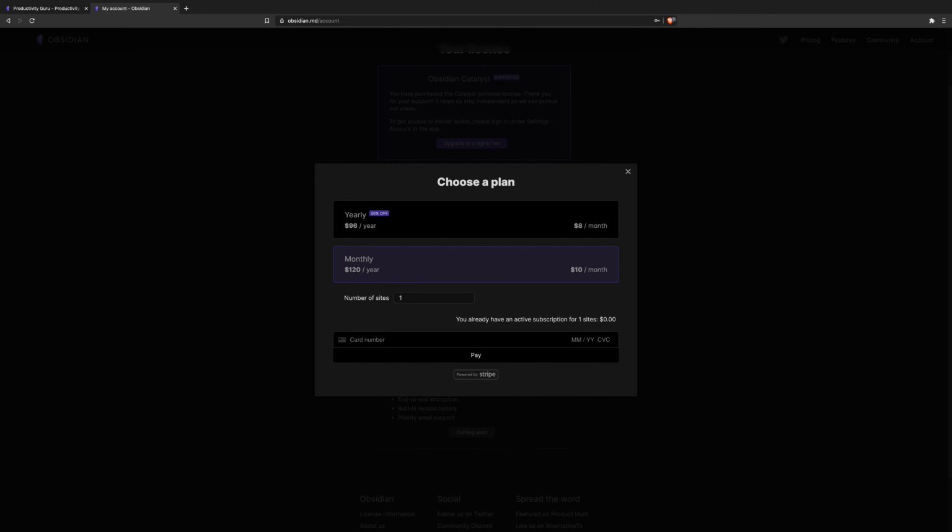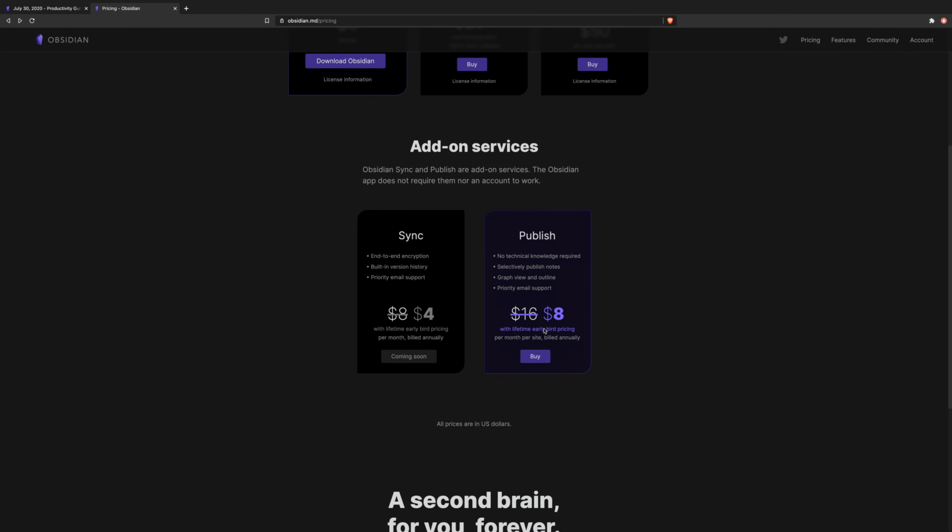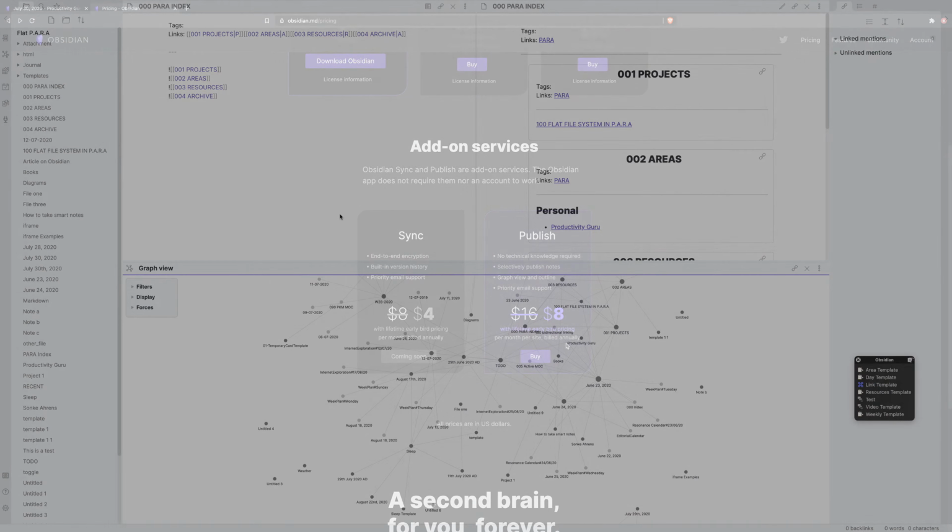What exactly does per site mean? I'll explain shortly. The short version is that it doesn't involve paying for each vault you have. Rather, if you're fine with having all your content from multiple vaults in one URL, then you'll be charged for one site only. I've gone through this later in the video, so with that out of the way, let's have a look at how Obsidian Publish works.